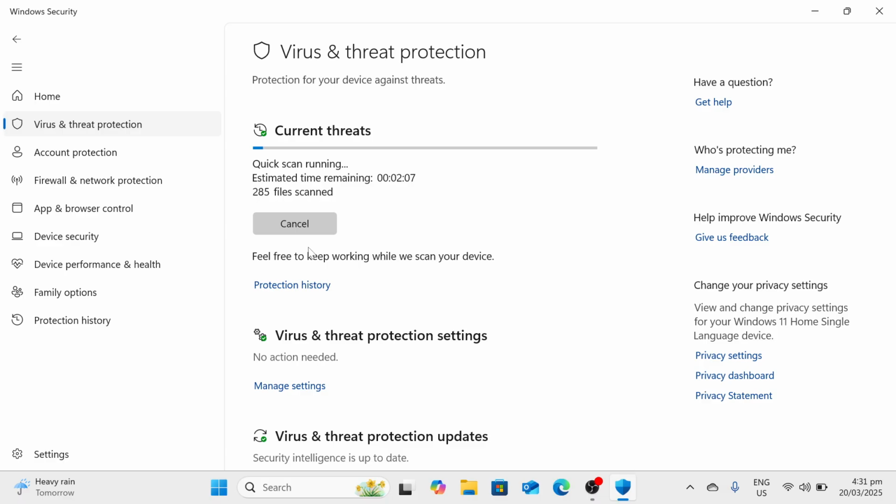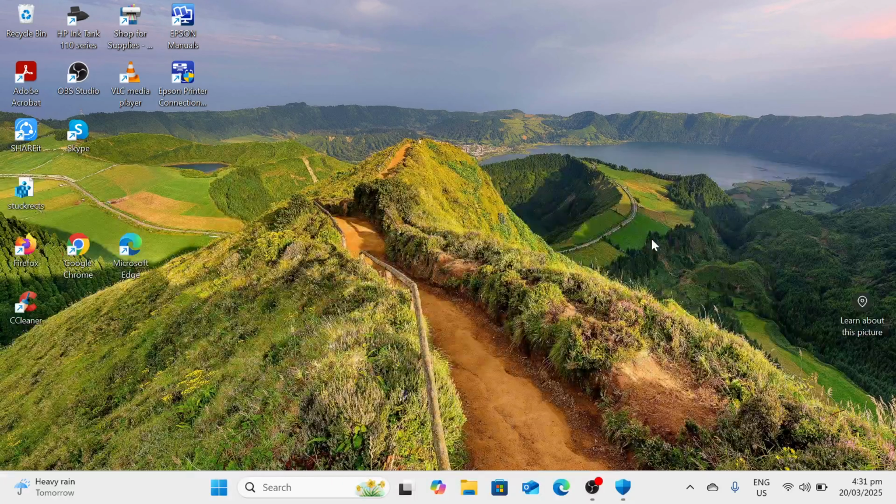Okay, so let's just wait for this scanning to finish. While waiting, we can proceed to the next step. Let's just minimize that one. Okay, so we need to click on